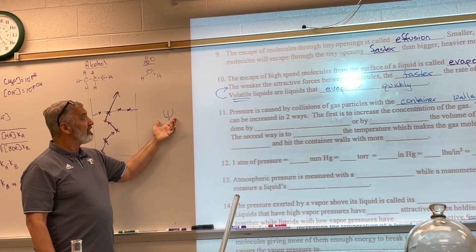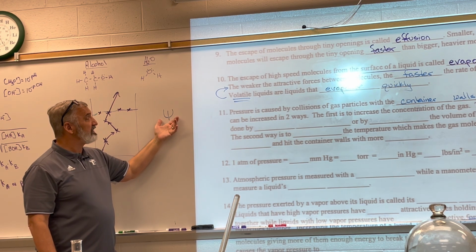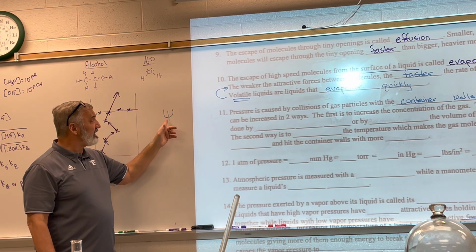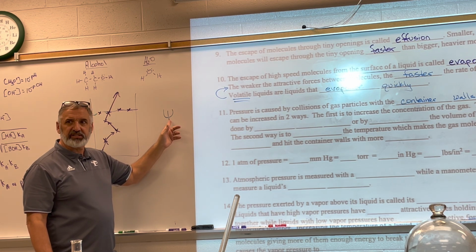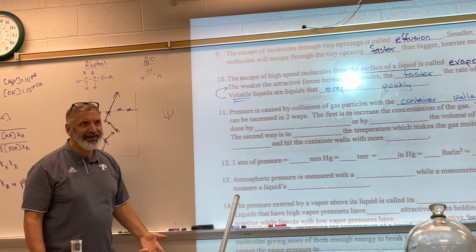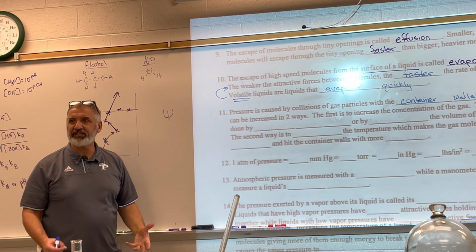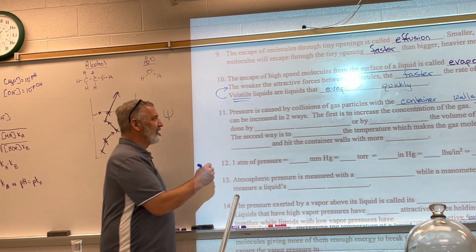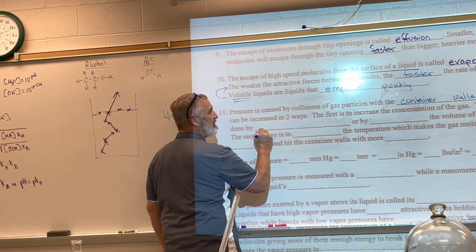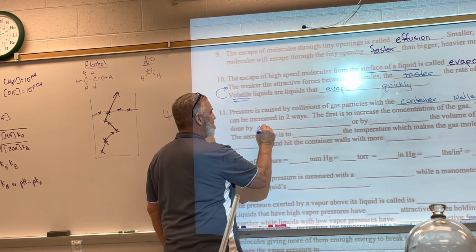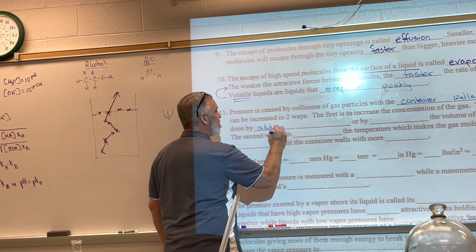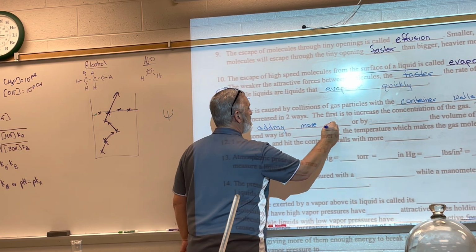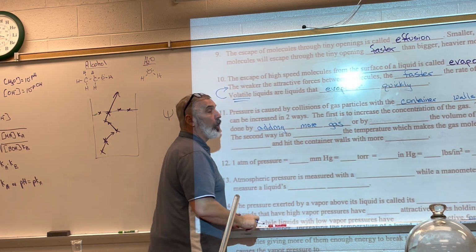So pressure is caused by collision with the container wall. If that light comes on, what do you have to do to increase the pressure? Go for air. Put more air into it. If you add more, what does that mean about the number of collisions? More collisions. More air, more collisions. So this can be done by adding more gas. Or,